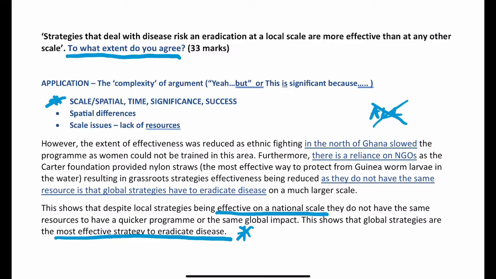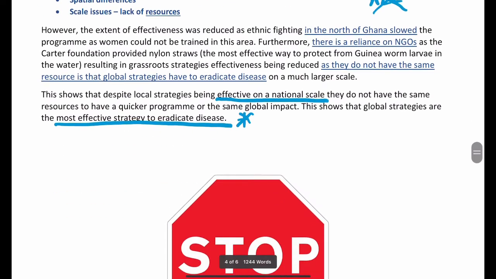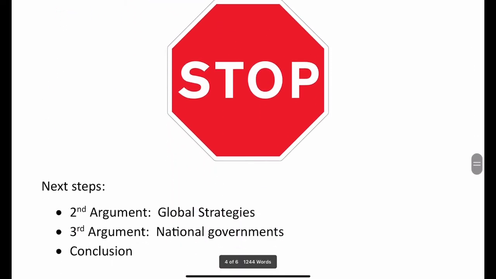So at the moment, all I've written is a really clear point, an explanation of 3 to 5 lines, and then I've done the yeah, but. This is where I've used the pests. So in total, I've probably written in the context of my entire argument somewhere between 10 to 15 lines on just this first argument. So this is where I want you to stop the video